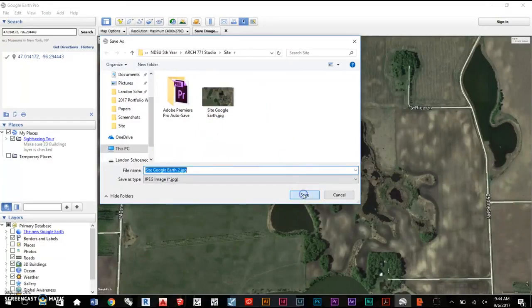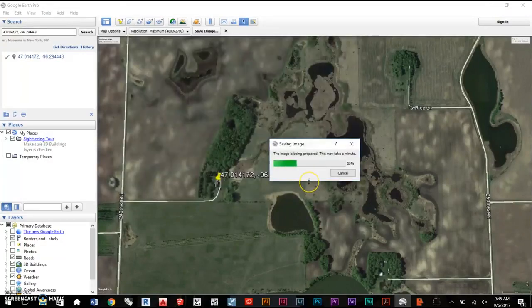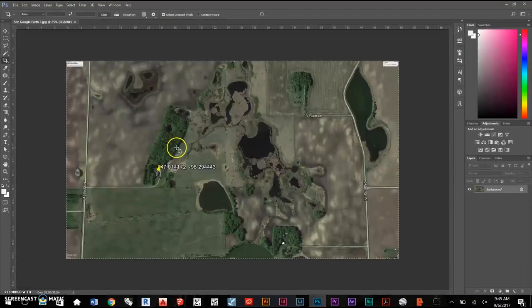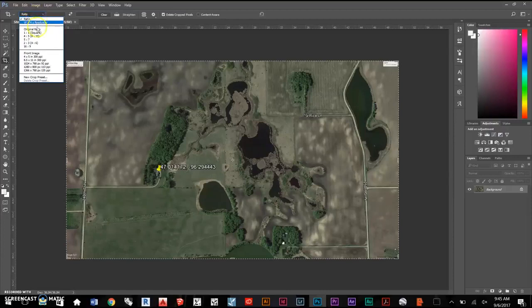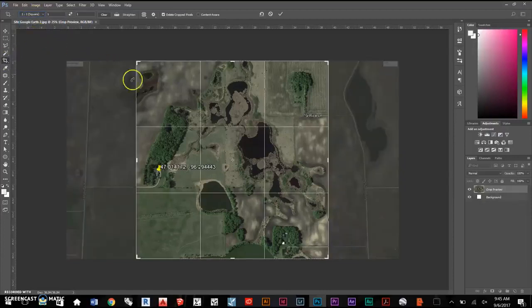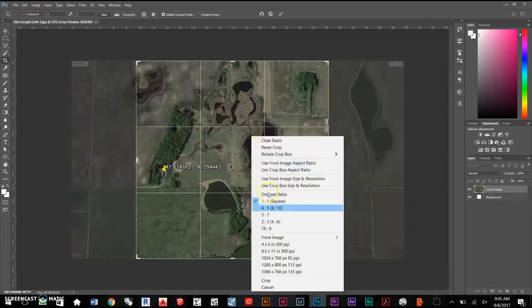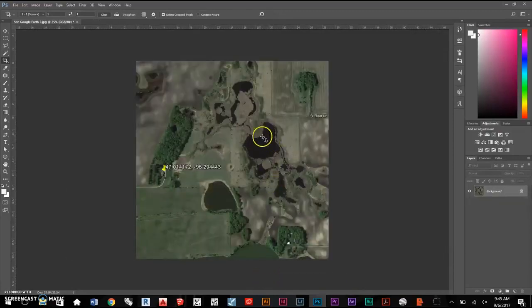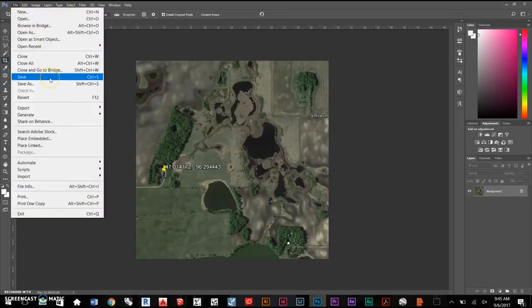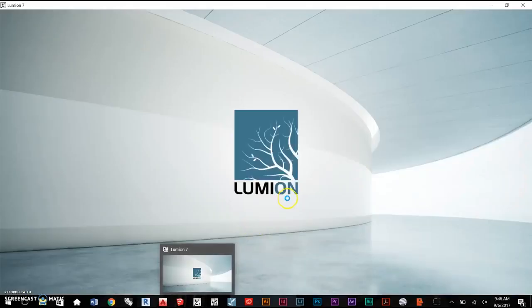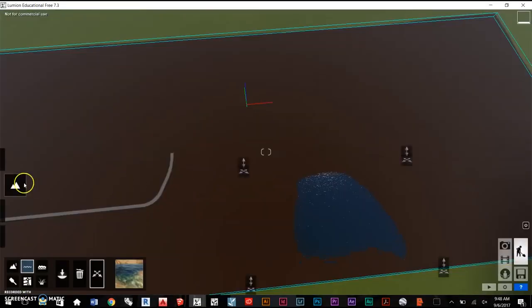Next, we will be going into Photoshop and cropping this image as a square. It must be a perfect square, otherwise the image will get distorted once it texture maps in Lumion. Make sure you save this file, and then you can close out of Photoshop, go back into your Lumion model,